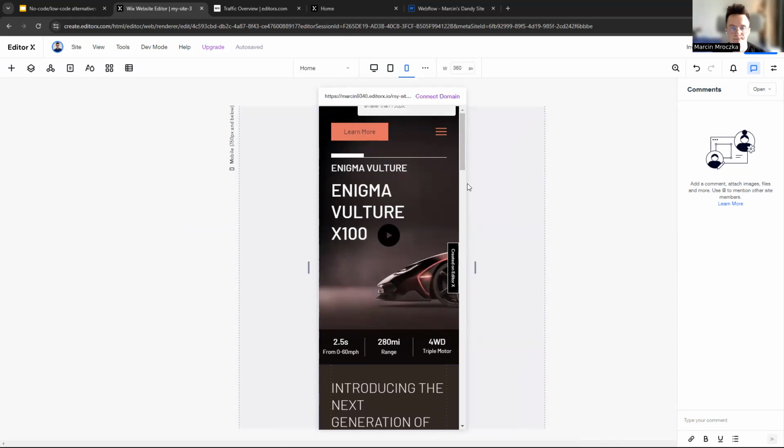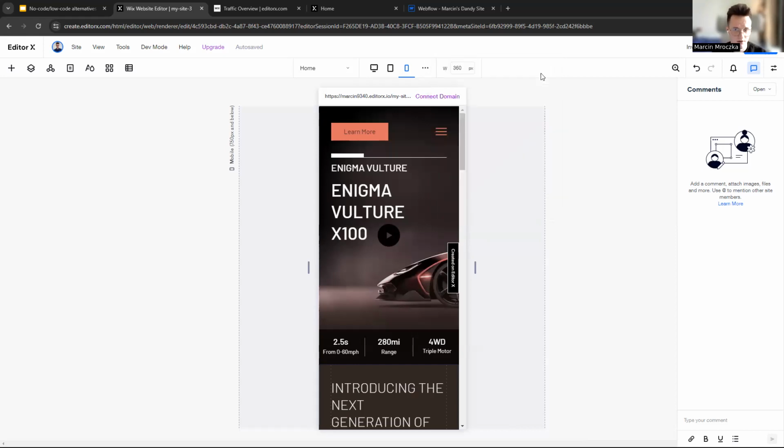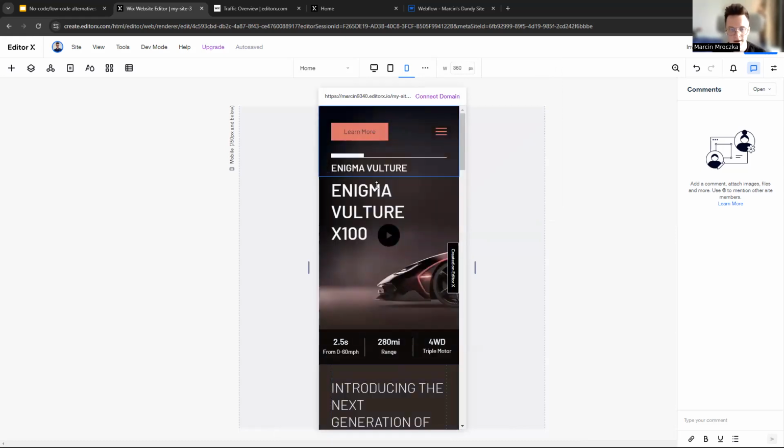And for each of these breakpoints, you can actually add some custom breakpoint, which is a very cool and handy option for customizing how the website shrinks for mobile devices, which is obviously crucial nowadays. Your website should be readable and should work well on each of the devices that are found on the market. So it's very nice that you can add your custom breakpoints, so you have more control over how the responsiveness of the website works. And the good thing is that for all of these breakpoints, you can customize